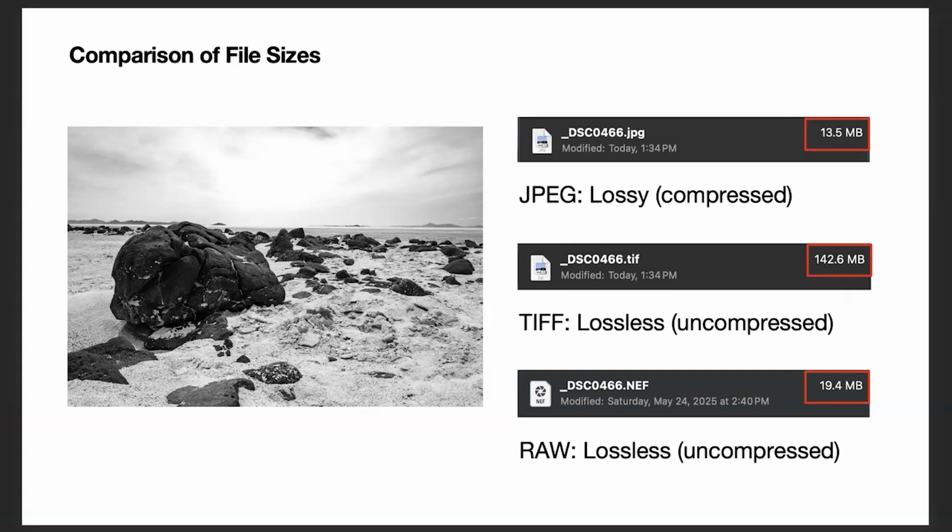It is 142.6 megabytes. And then I have my raw file, the one that I had started off with. Lossless, uncompressed. We want it because it just maintains all of the quality and information from our exposure. And it is 19.4 megabytes. One thing you're going to notice, thinking about the order of operations, is that we start off with raw